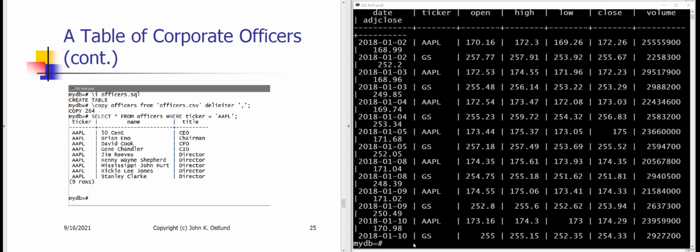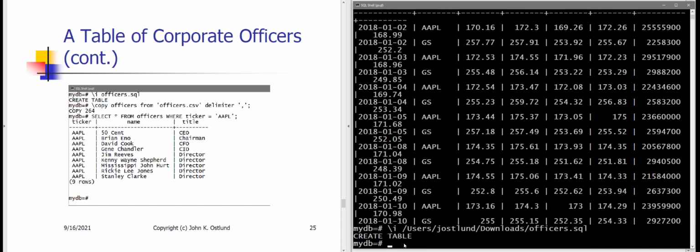Okay, so first I'm going to execute with backslash i, I'm sure I'll get this right. From users, Jostlund, downloads, officers.sql, and then copy in the data from the CSV